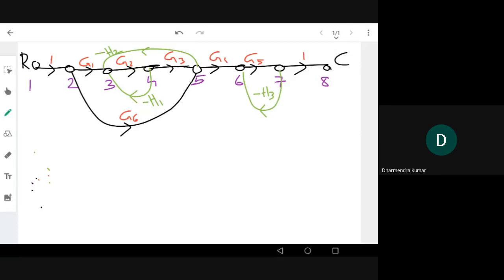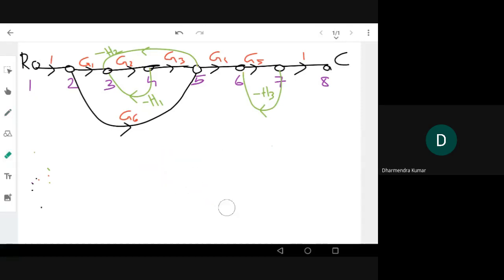Okay, and we have different gains of 1, G1, G2, G3, G4, G5, and one last node, and we have different loops. Now, how many loops are here? Yeah, there are only 3 loops, right? Loops means there's a feedback path. We have to start from a point and come back. Then only the loop is complete. So here I have only 3 loops.